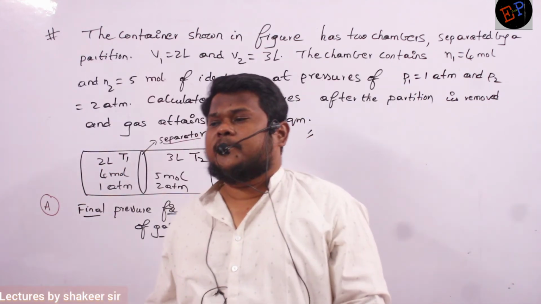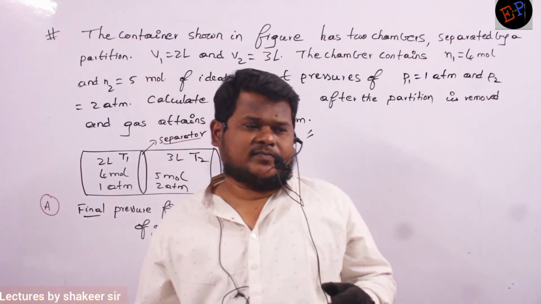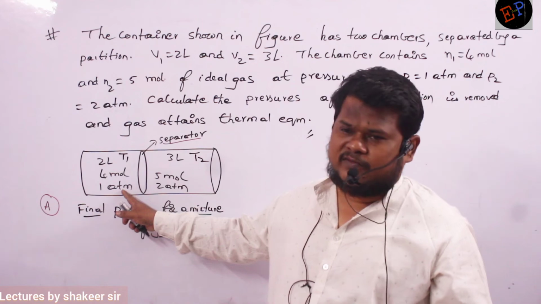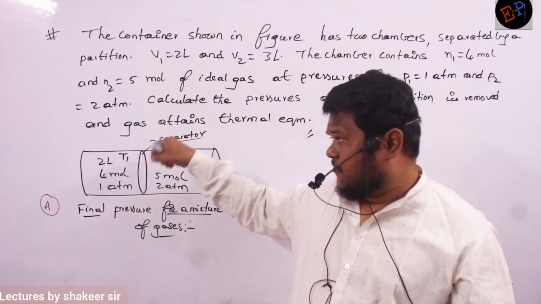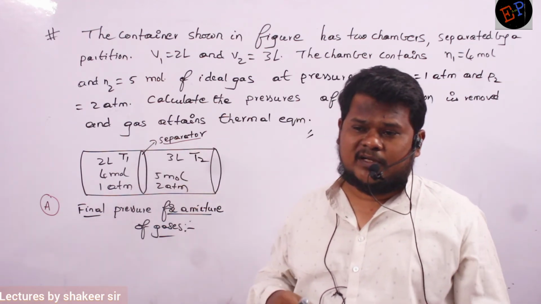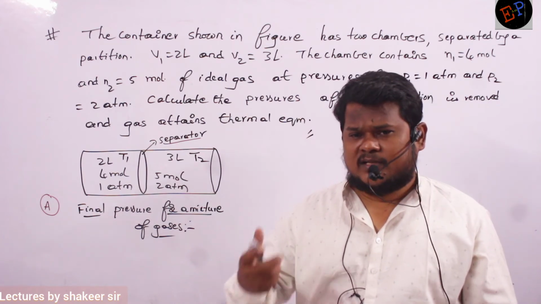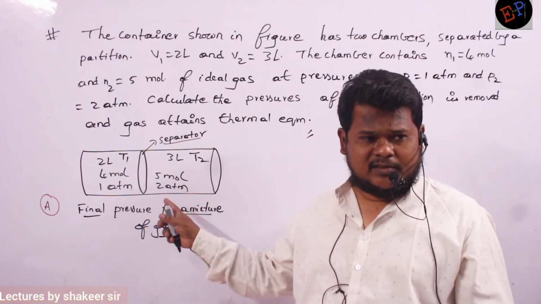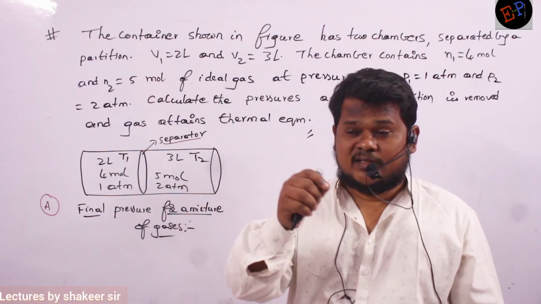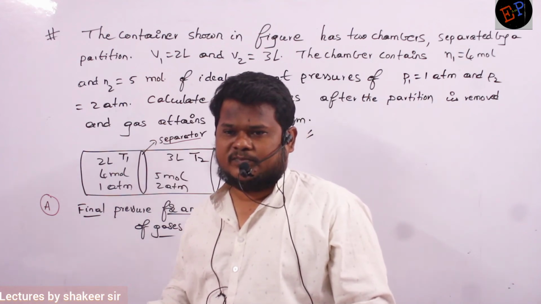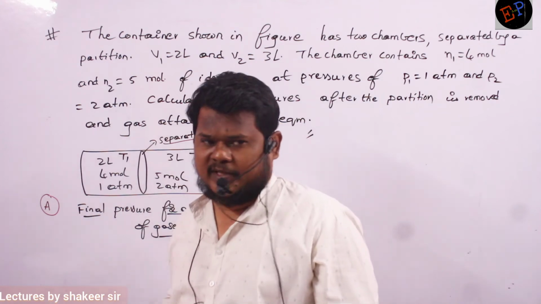Why? Law of conservation of energy. Energy can neither be created nor destroyed. Okay? So here consider 10 joules of energy is there, and here consider 20 joules of energy is there. After removing the separator, what should be the final energy? 10 plus 20, 30 only, because energy is always conserved. Are we supplying energy? No. Are we removing energy? No. So total energy should remain constant. Based on that logic, we are going to do this problem. Already I said, the law of conservation of energy will be applied anywhere. Always it is applied.